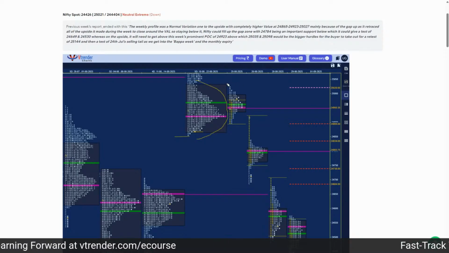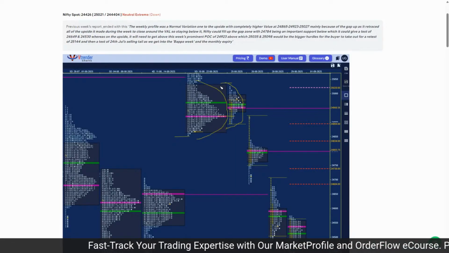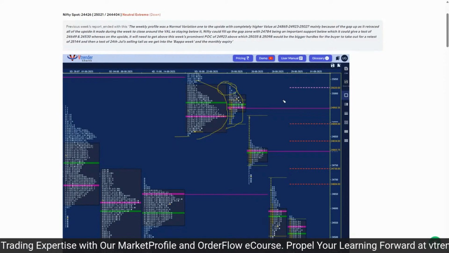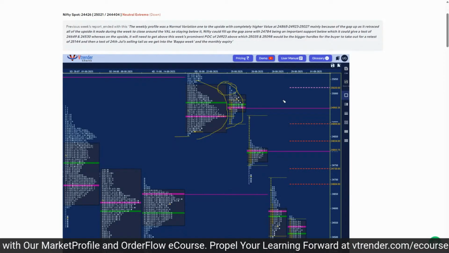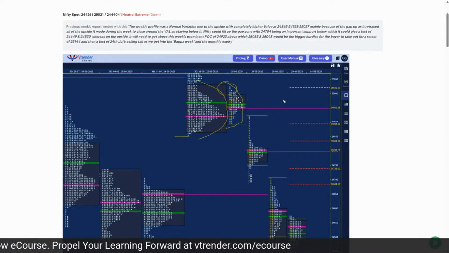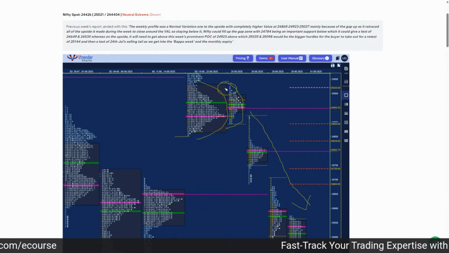So what we did on the first day of this month was we opened in value, got about this POC, almost tagged this value area high, but we were not able to get above the value area. And here we saw how we left that small rejection, anchored at the series VWAP of July, 25142. So from there we started a down move. In fact, this was a failed auction on the weekly time frame.